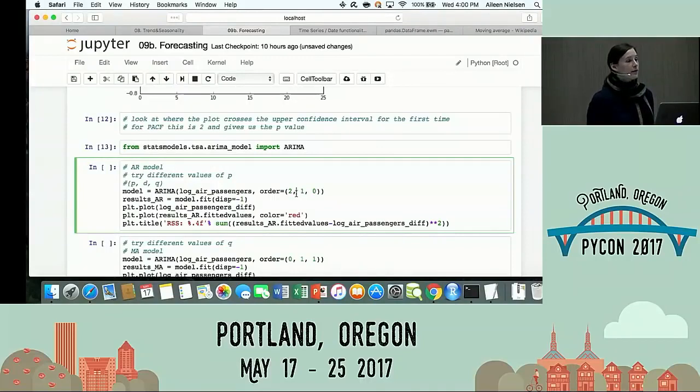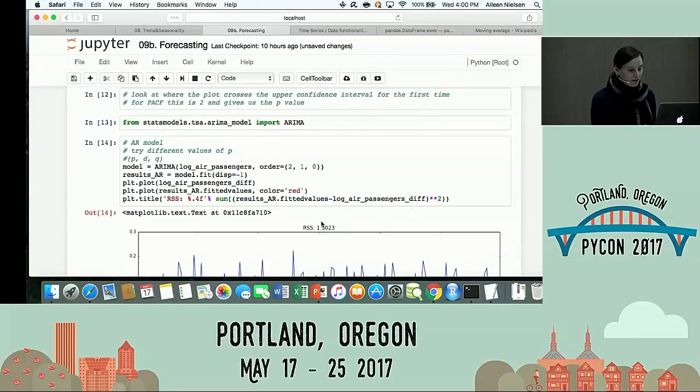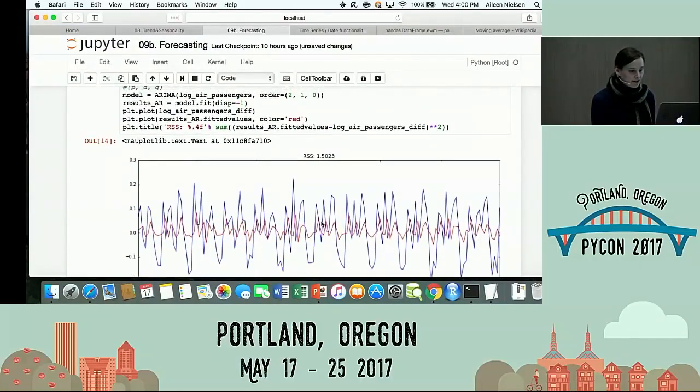I'm starting with the autoregressive because it very clearly has some autoregressive component. The moving average component I can always throw in. The autoregressive bit, though, is very clear, partly because I had a trend in the original data. So if I graph that, I've got my red as the fitted values, my blue as the true values, transformed. It's okay. I've got a sum of square error of 1.5, which doesn't really mean anything per se until I start comparing with other things.